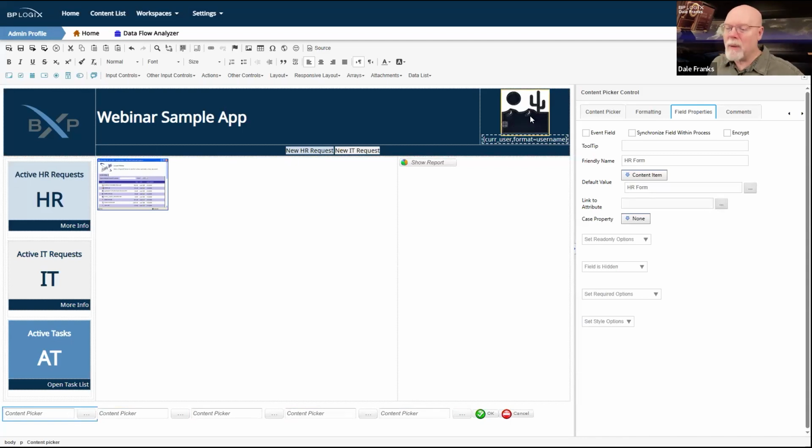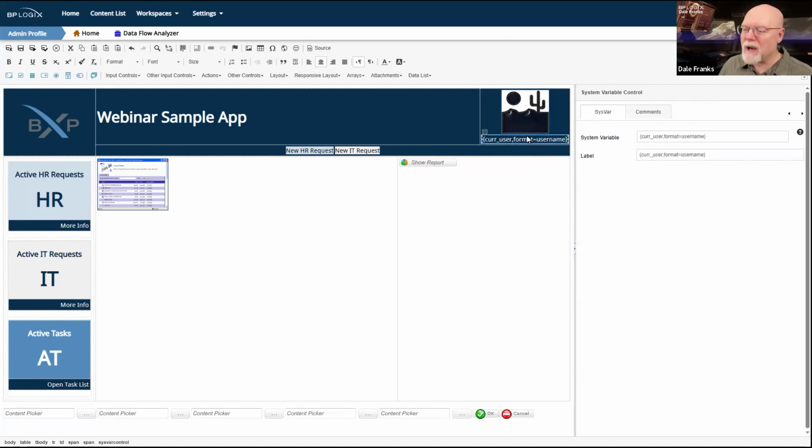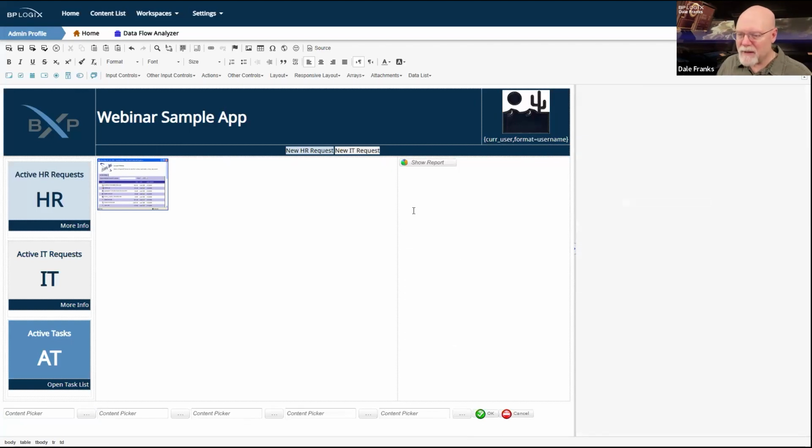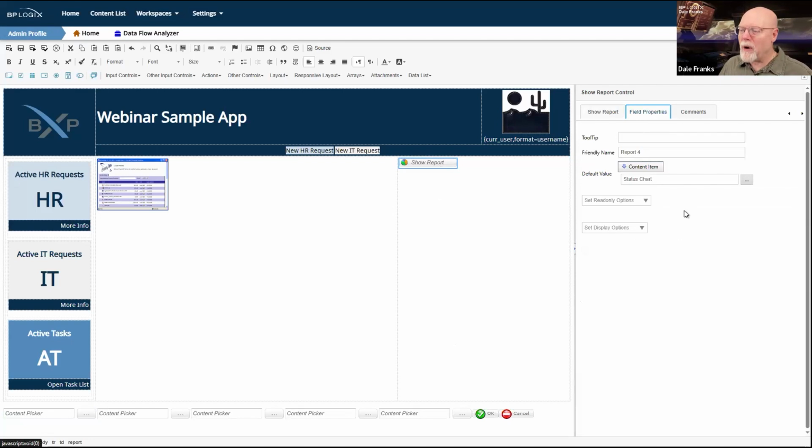Oh, by the way, before I finish, that's an image control, picture control, and I'm just using the picture that I have installed in Process Director for this user account. And this is just a system variable control to pull my current username back. So just normal stuff. The show report, as I said before, that's just pointing towards a chart. So it's basically just using the show report control to specify the chart to display on the form.